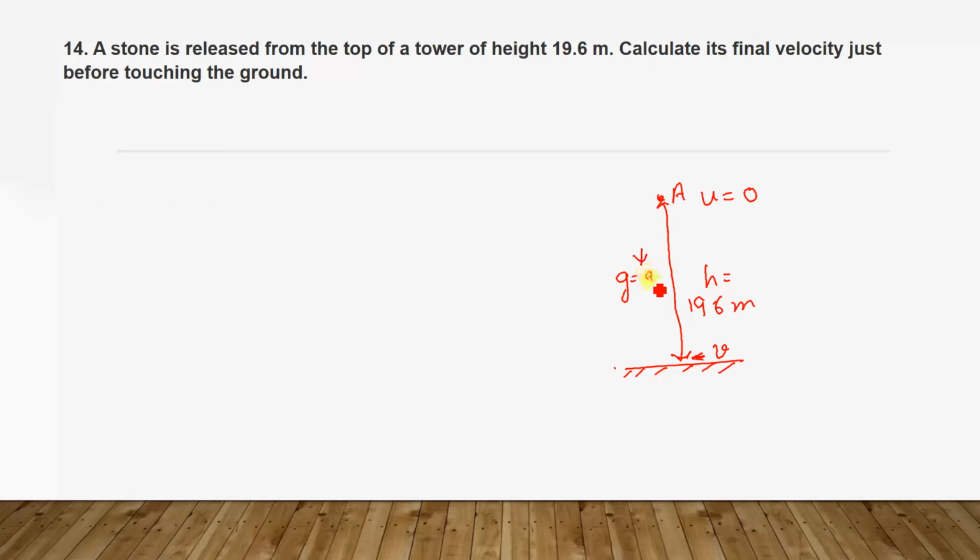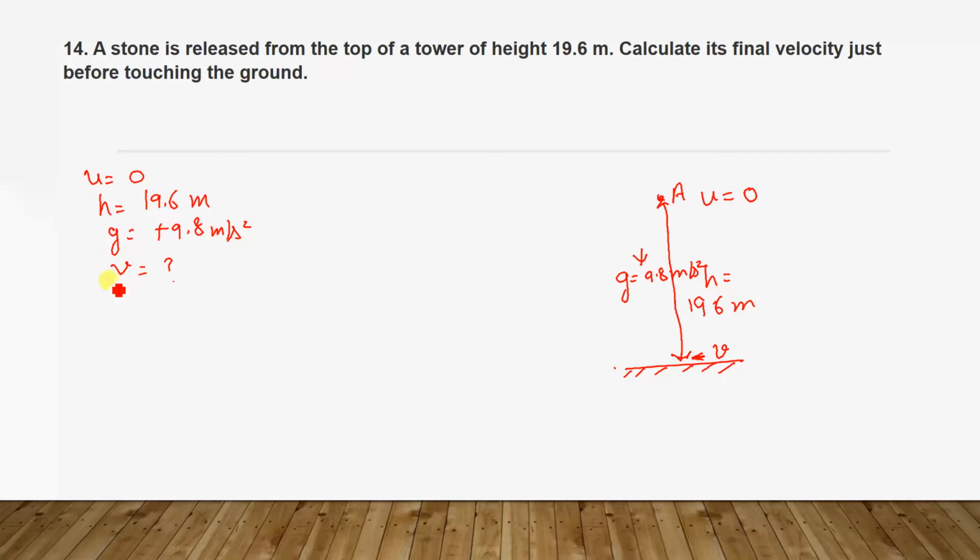So let's write what we are given, and it is moving downward towards earth. Yes, g comes out to be 9.8 meter per second square. So let's write what are the various things we are given with. Yes, first of all, we will take u to be 0, then height is 19.6 meter, then g comes out to be plus 9.8 meter per second square. Yes, and we have to calculate the final velocity. Agree, students? So let's see how to solve it. Yes, which equation of motion will we take here?